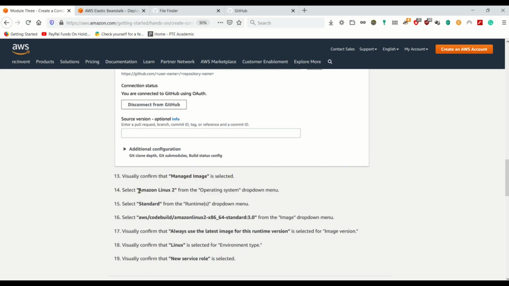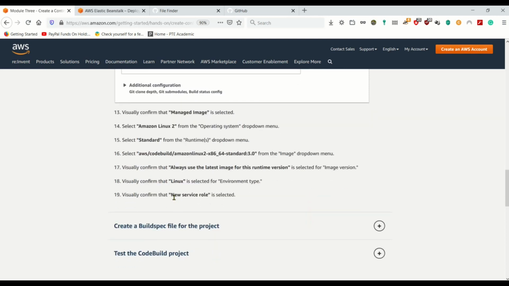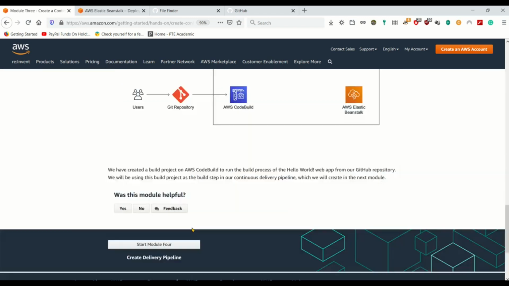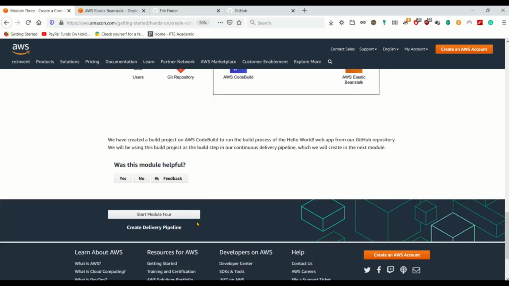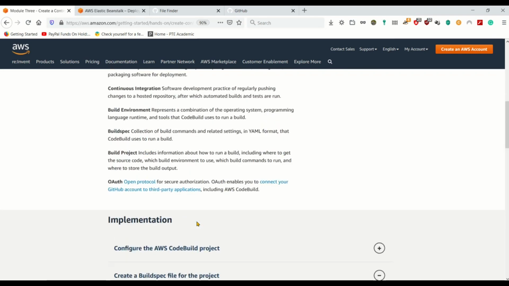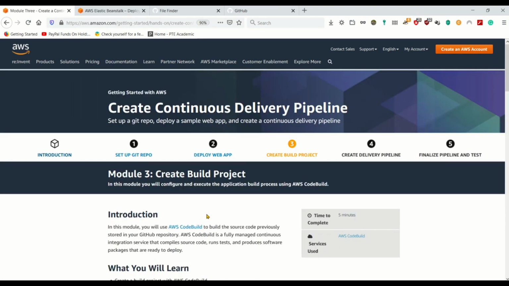managed image. Select Amazon Linux 2 as my operating system, and select standard runtime from the drop down. For this image, visually confirm to always use the latest image for this runtime version. So it will always check for updates of the operating system and always run the latest one. Visually confirm Linux is selected for environment type. Visually confirm new service role is selected. Okay, so it's going to create a service role that is required. Okay, so let's go one step at a time. Okay, so now what's going to happen is I'm going to build